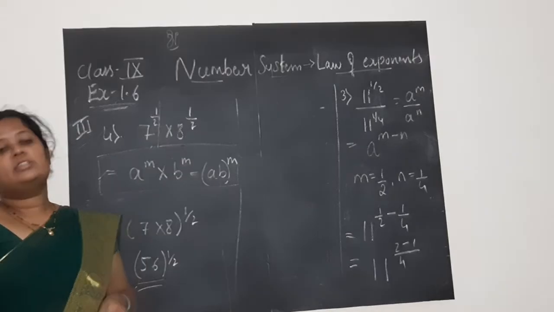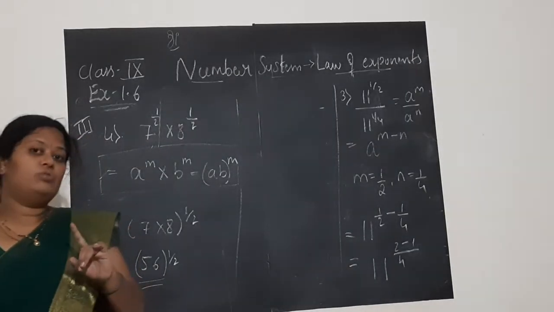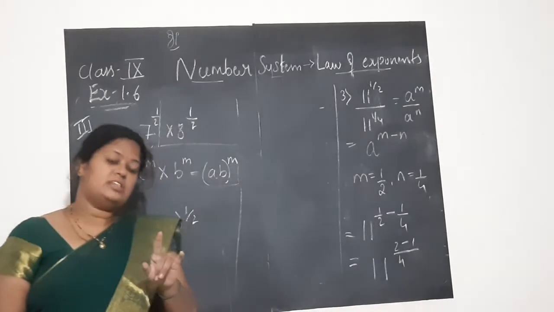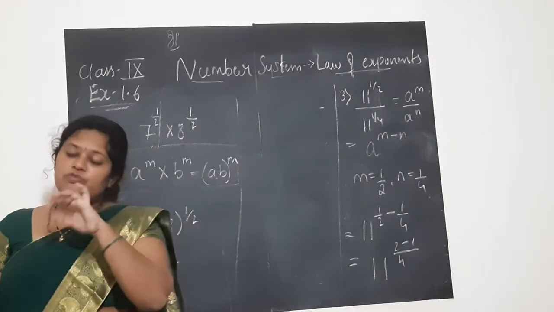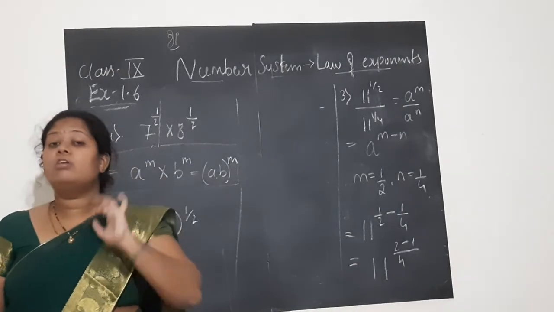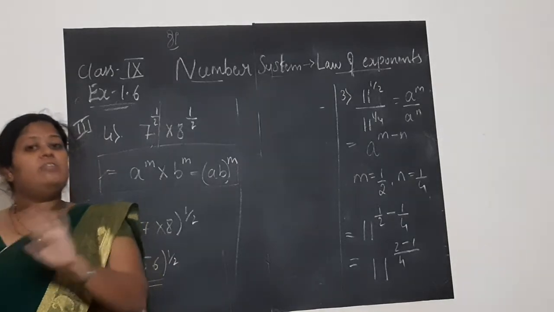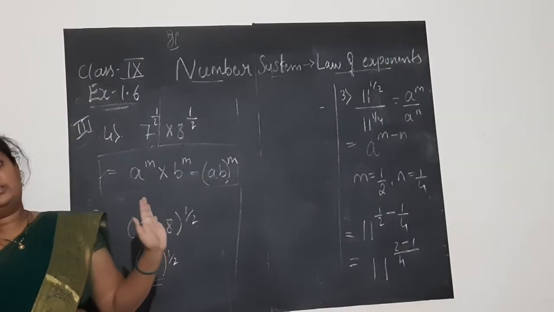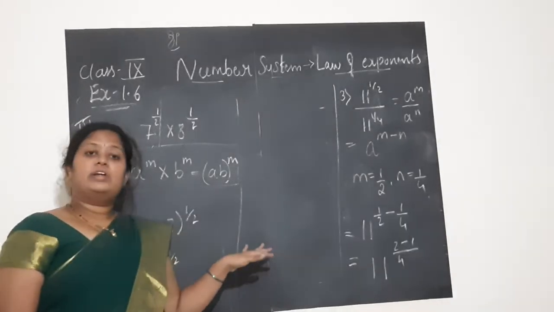Do well in the test, and the test will be for a span of 45 minutes. 6 to 6:45 is the test, for 15 marks. Between 6:45 and 7 p.m. I should receive all of your answer sheets. If you send it after 7, definitely we will mark you absent for the test. Okay, now consider the test seriously and do well, children.